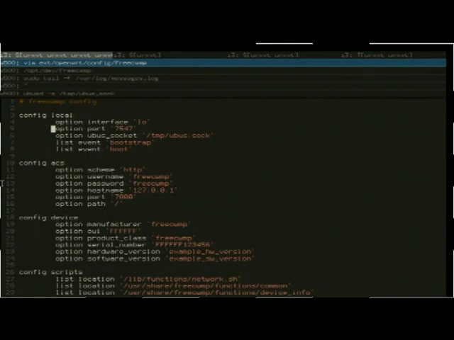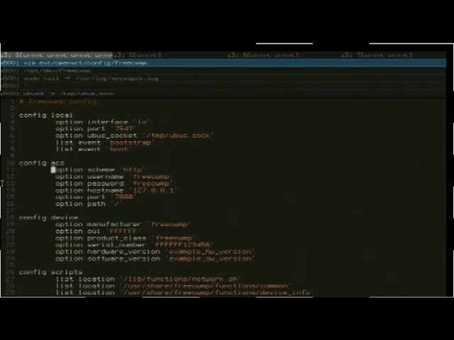Default port for CWMP is 7547, and you can list events for the reason why CP is contacting ACS. This bootstrap event is deleted after the first successful connection. You also need to define